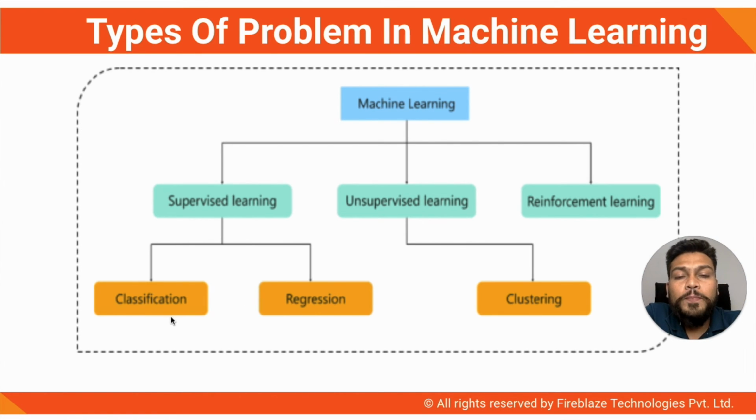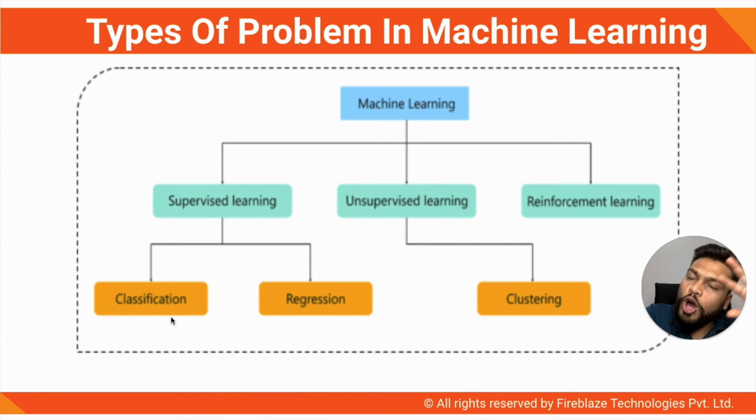Classification is something when you want to predict an outcome which is a class or a group. Say for example, you want to predict on the basis of temperature, humidity and pressure. These are the input parameters. You want to predict whether it will rain today or not. So the outcome of these input parameters is a class, a label, yes or no. You know what an outcome is, right? So this is supervised learning, and yes or no is a class. Therefore it is of type classification.